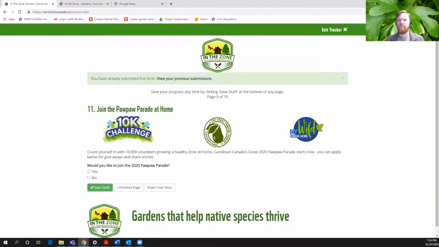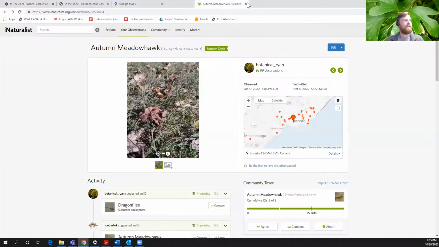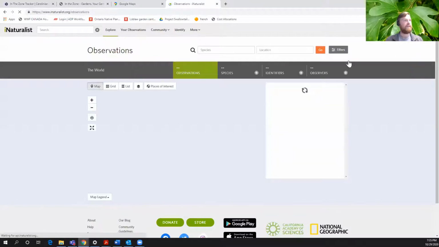Okay, so with that, I will move on to the next thing, which is iNaturalist. So let me go to here. If you don't already know about iNaturalist, I've already logged on again.